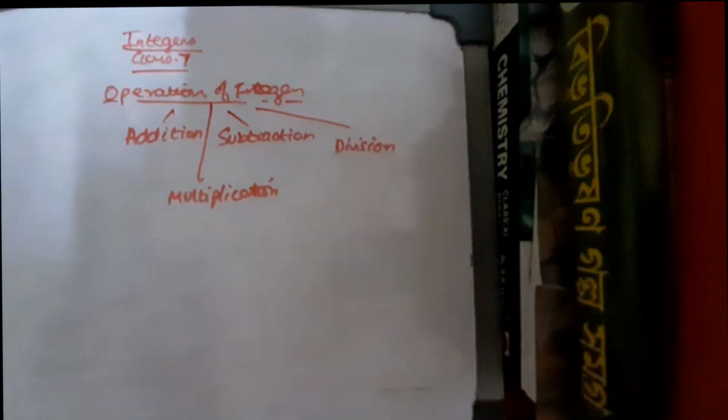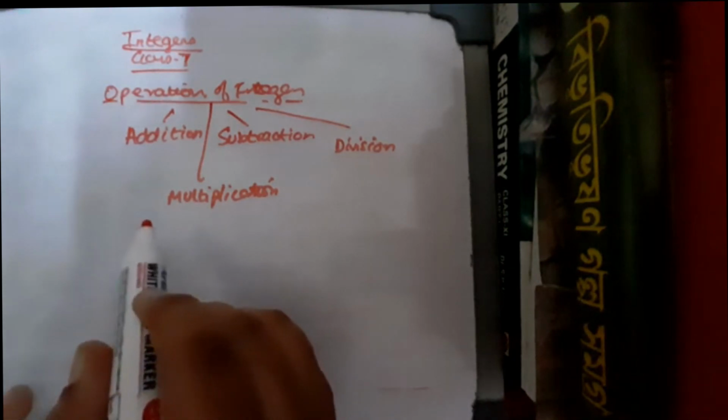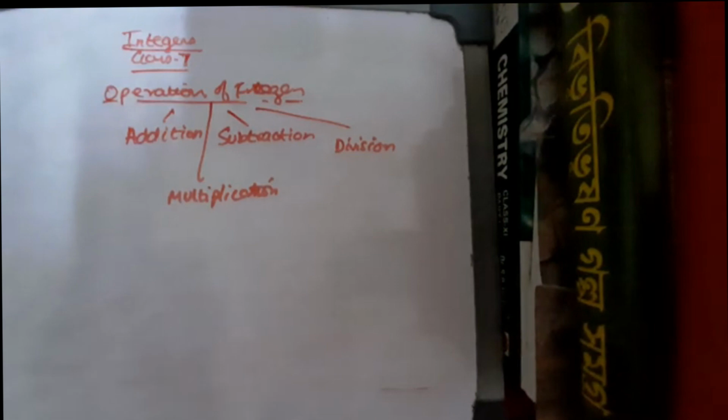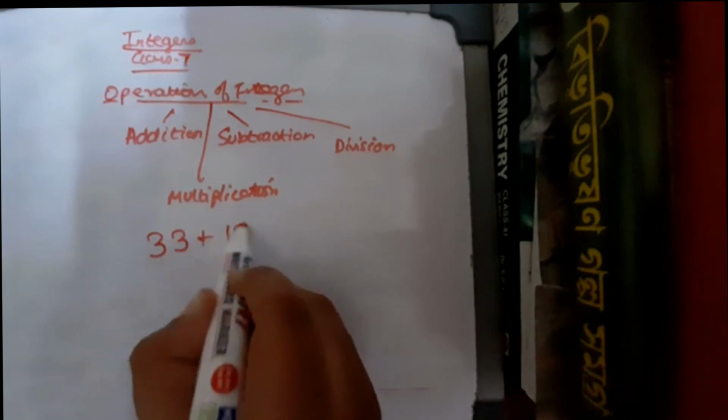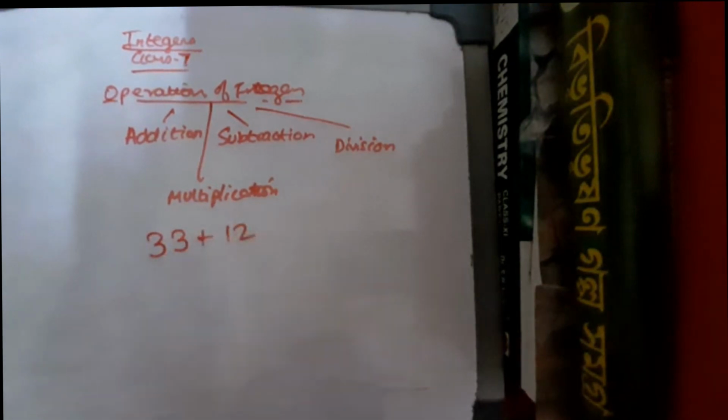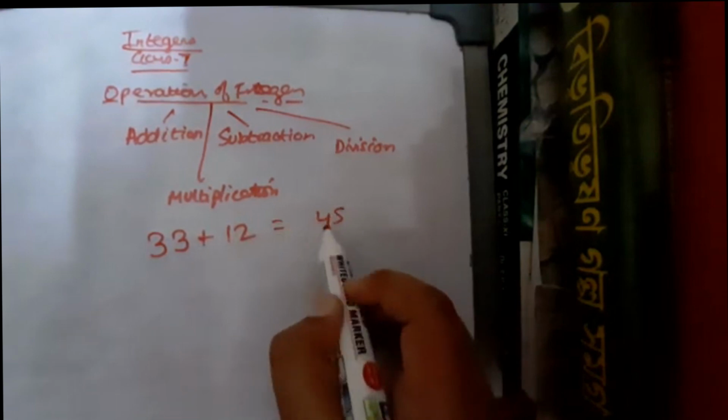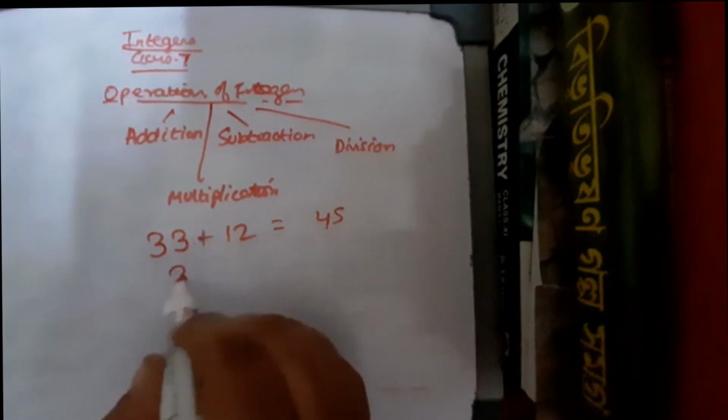Okay, so we know this from our junior standards also, that operations on natural numbers were of four types: addition, subtraction, multiplication, and division. When we add two natural numbers, I am talking about natural numbers, not integers, let's say 33 plus 12, we are going to get yet another natural number. If we subtract two natural numbers,